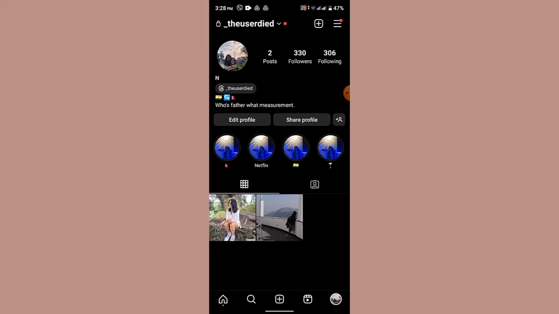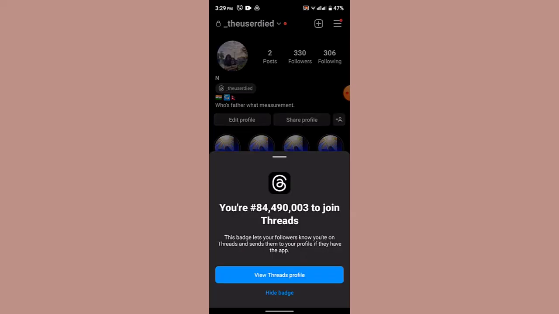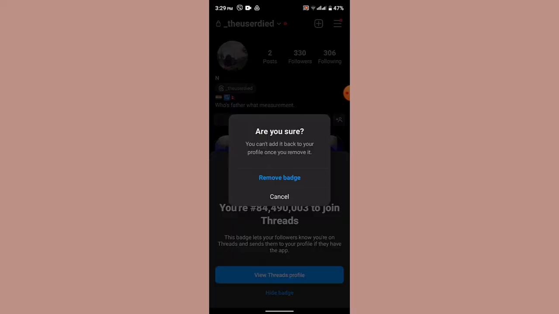can see right under my username or the profile icon there is thread badge or the thread icon. Now if you want to remove it, so tap on it and you can see you have this button as either you can view the profile or you can hide the badge. So click on hide badge, and as soon as you click on hide badge, there will be a statement stating